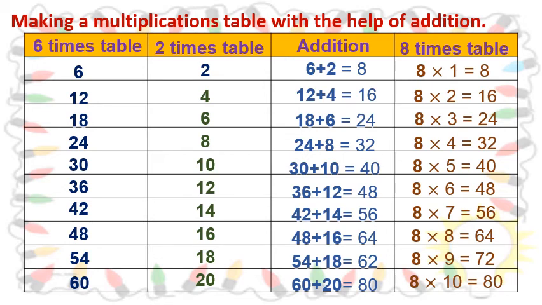First we added the two tables and we got the new table. Now dear students, here we got the 8 times table. So we added 6 times table and 2 times table. Isn't it? Okay. If we add 5 times table and 3 times table, will we get 8 times table? You know that 5 plus 3 is 8. Correct? Please try that one.